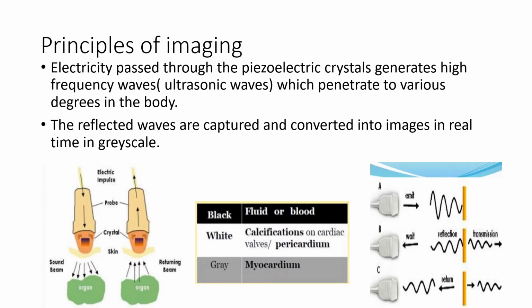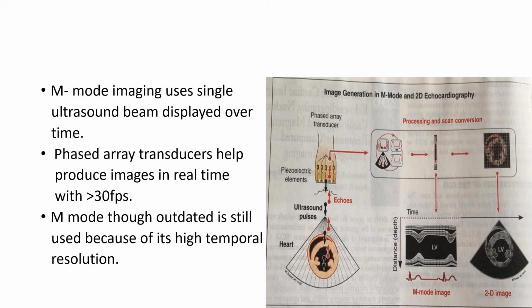Principles of imaging: electricity is passed through the piezoelectric crystals, which generate high frequency waves. Those are the ultrasonic waves which penetrate to various degrees in the body. The reflected waves are then captured and converted into images in real time in grayscale. So black would indicate fluid or blood, whereas gray would be myocardium, and white for calcification of the valves and pericardium. The earlier forms of echocardiography used the M-mode imaging, in which a single ultrasound beam is displayed over time,